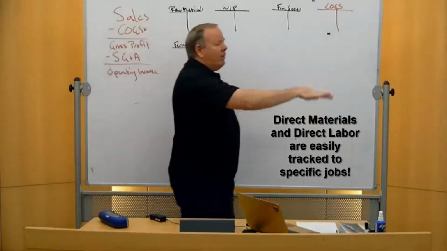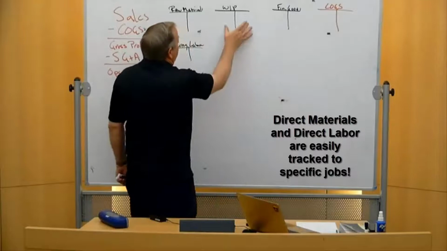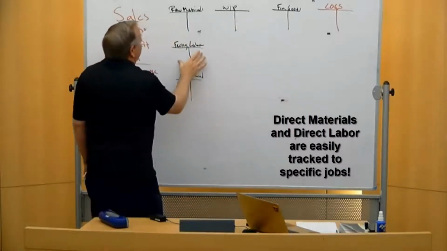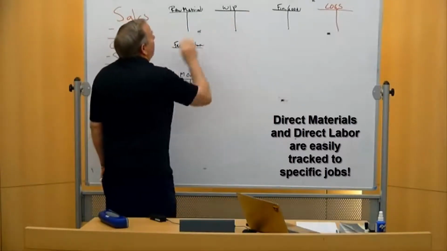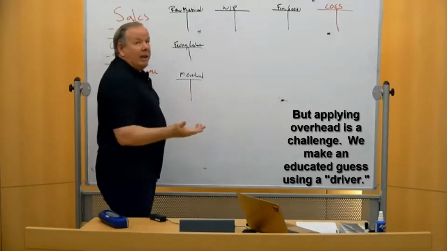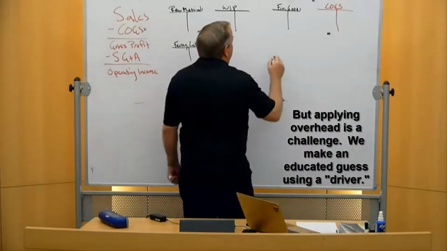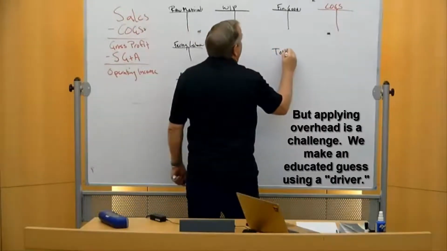We asked Ralph, he's in charge of our materials over there, how many materials got checked out onto the factory floor. We looked at the time cards, how many direct labor hours went here. The problem is the overhead. That's just a guess. And so we said at the beginning of the year, we'll sit down, take our total estimated overhead for the year,